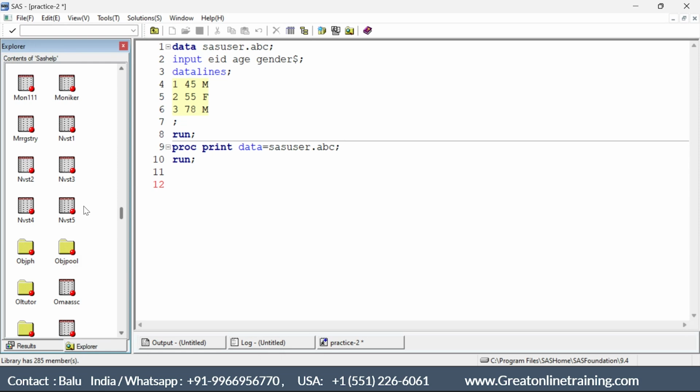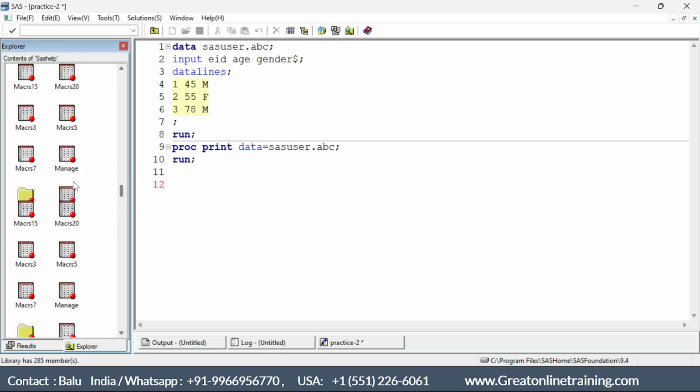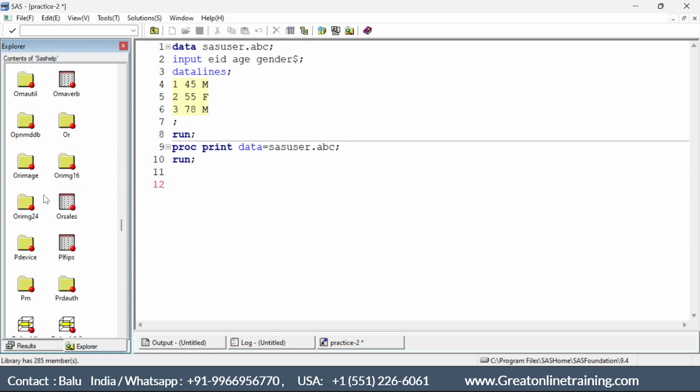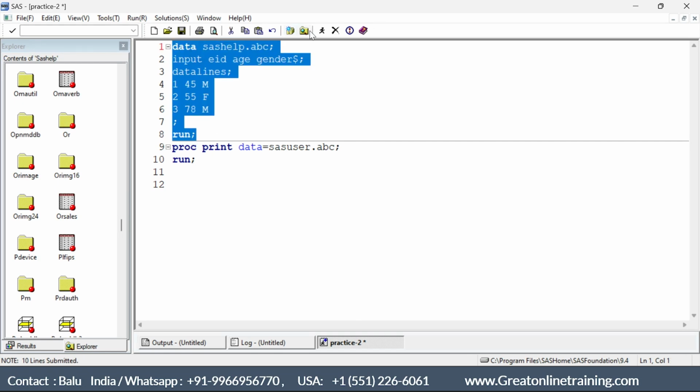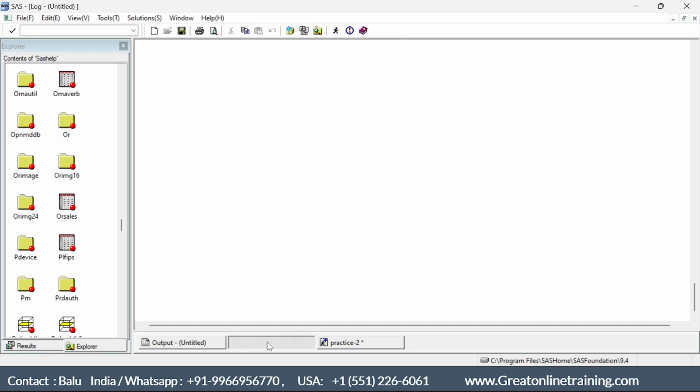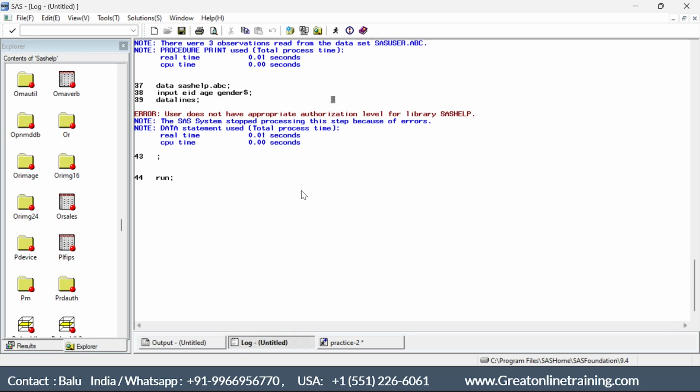Got it? In the last class, when I explained about sashelp.org, I tried to pick up. Did I create this? Can I create my new data set ABC into my SAS help? Let me do that. SAS help dot ABC, I'm trying to create it. When I try to execute and run that, the log will throw this message: user doesn't have appropriate authorization level for the library SAS help. The reason is you can't store anything in the SAS help. You can't modify any of the existing data sets. At the same time, you can't create new data sets into the SAS help, because it's a read-only